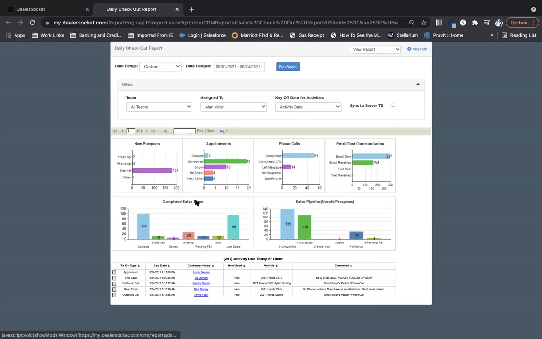Two key things to pay attention to: we've got completed sales steps and sales pipeline. Bear in mind, yes, they look very similar. Completed sales steps is predicated on the date range that we set up here. So it tells us, all right, this individual had 100 people we marked as contacted. Out of those people, we moved 11 out of those 100 into store visit, 5 out of those 11 to